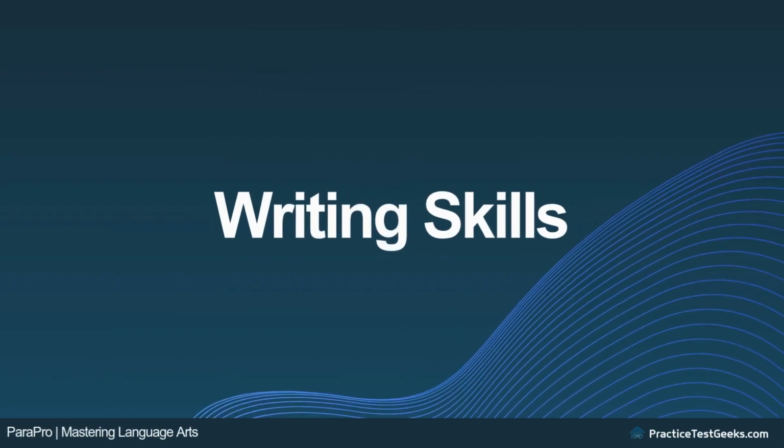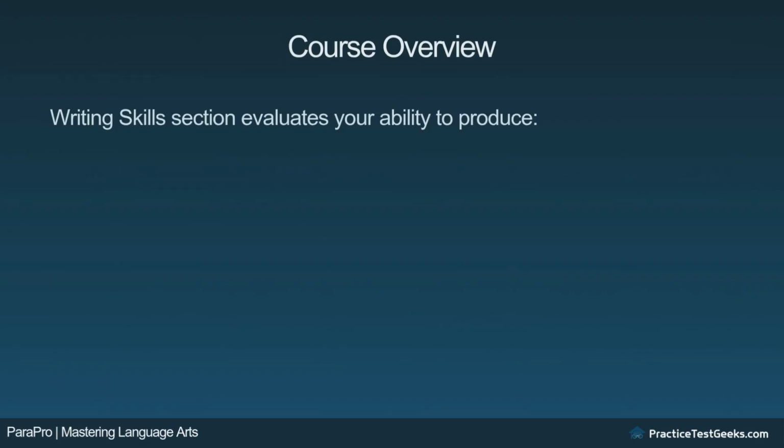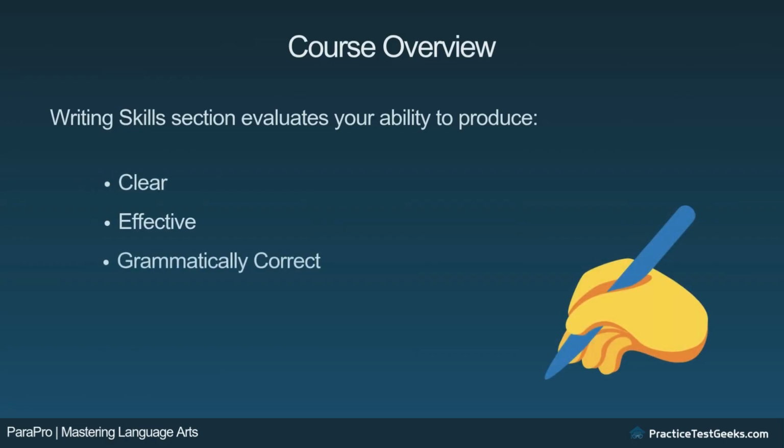Writing skills. The writing skills section of the ParaPro assessment test evaluates your ability to produce clear, effective, and grammatically correct writing. Whether you're writing simple sentences, identifying errors, or making improvements to a passage, solid writing skills are essential for success